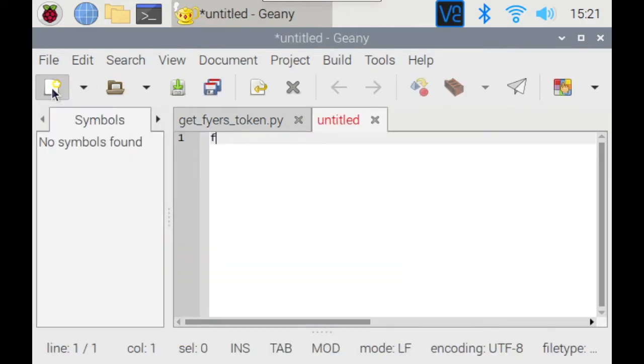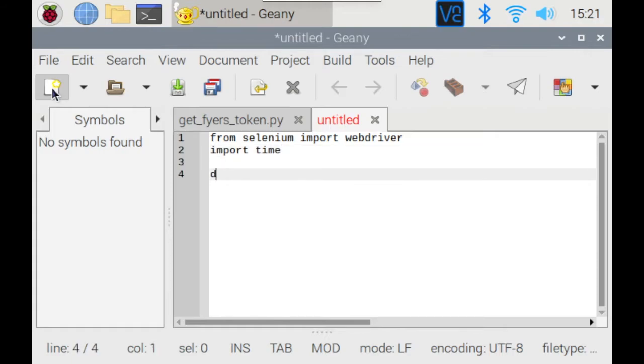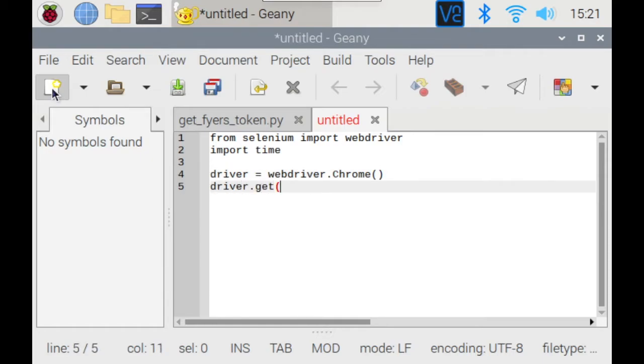Here we can say from selenium import webdriver, and we will be importing time to add the sleep time. Then driver will be equal to webdriver.Chrome. The Chrome is with capital C, and then driver.get. We will be opening google.com,